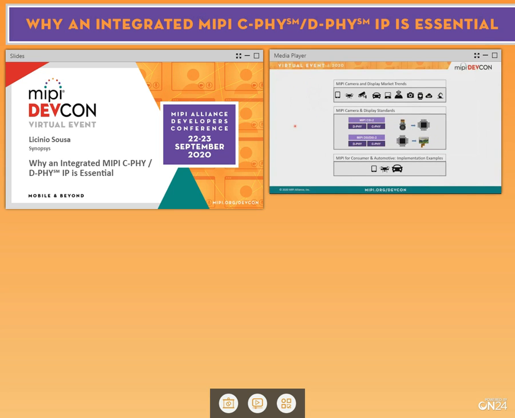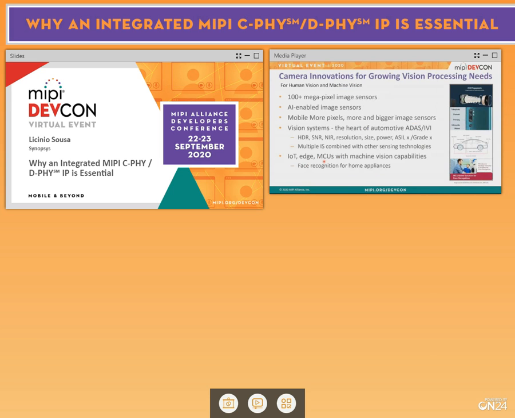I will start by giving you my perspective about the most relevant MIPI camera and display market trends. Then we will move the discussion to the specs, how these are evolving to address the growing imaging needs. And then finally, I'm going to share a few use cases that we have been exposed to, some of our customers that are already using a C-PHY, D-PHY in their designs. So starting with the camera